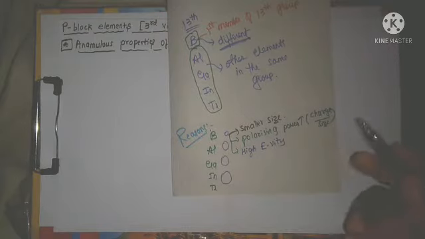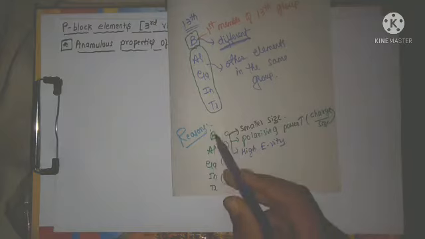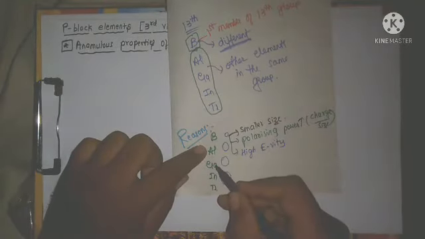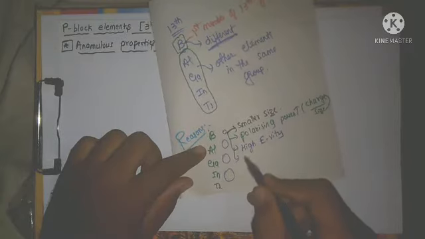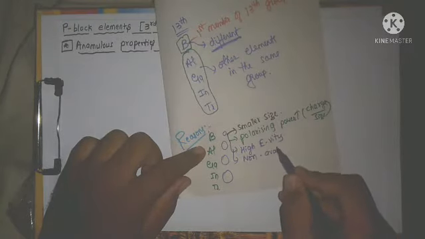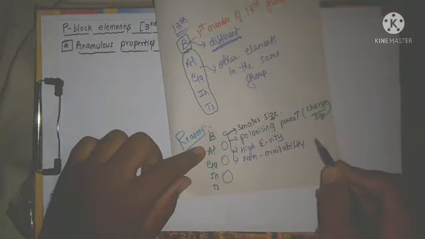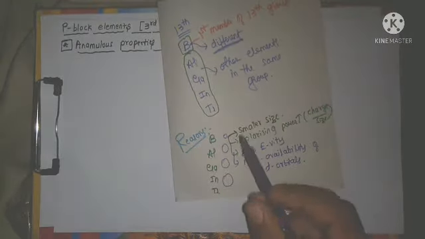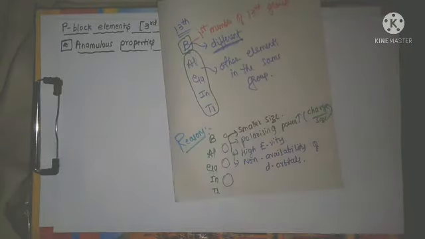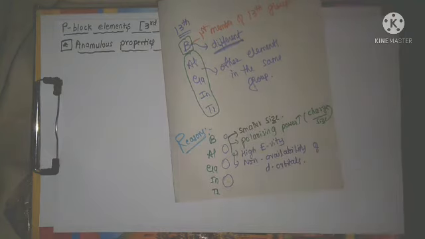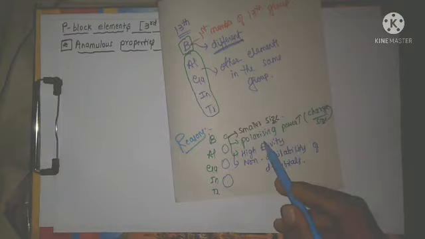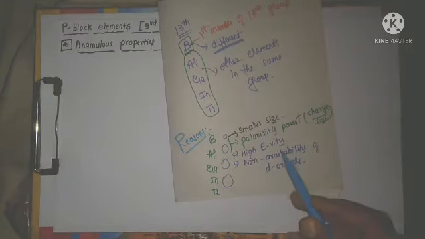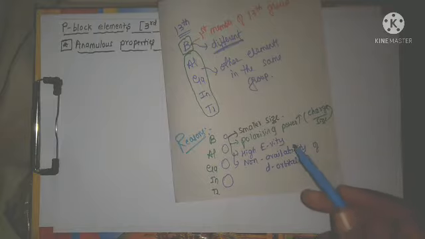And also if you check the electronic configuration of boron, gallium, indium, thallium, in boron no d orbitals are involved, whereas in gallium, indium, thallium d orbitals are there. Means here non-availability of d orbitals. These are the main reasons for the anomalous properties of boron in the 13th group. First one is smaller size. Second one is high polarizing power. Third one is high electronegativity. And the last one, in the electronic configuration of boron, d orbitals are not available. That is non-availability of the d orbitals. These are the main reasons for the anomalous properties of boron.